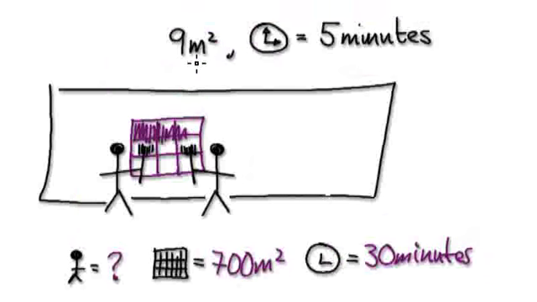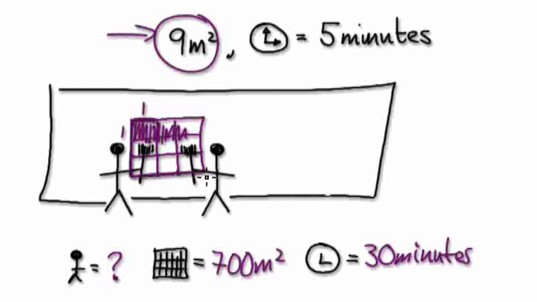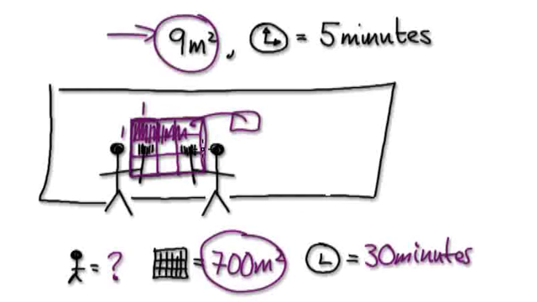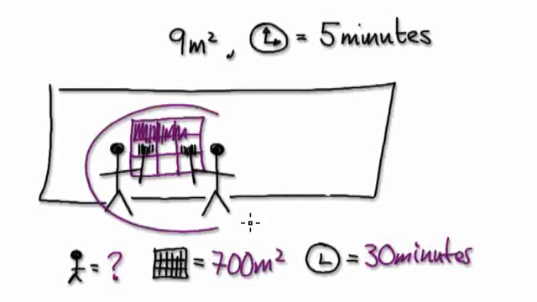So you can imagine this. 9 meters squared, you can imagine this as one by one here. So when you have an area of 9 meters squared, it's similar to this here. And if you have 700 meters squared, it means you're going to have 700 of these. So it's quite a big area. Okay, well, anyway, two employees,